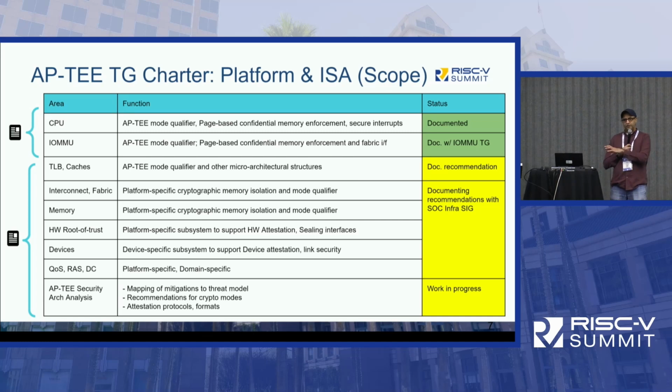So as part of APT, when we started talking about how to capture these best practices or recommendations, we said the best place to put something like that is in the security model document. And for that, there is a TG that was formed. I think we have a vice chair, but we don't have a chair. Unfortunately, the chair changed roles in his company, so he had to resign. We're about to announce the new chair of the security model, hopefully this week. Ravi and I have discussed it, and then that work will start again in earnest.